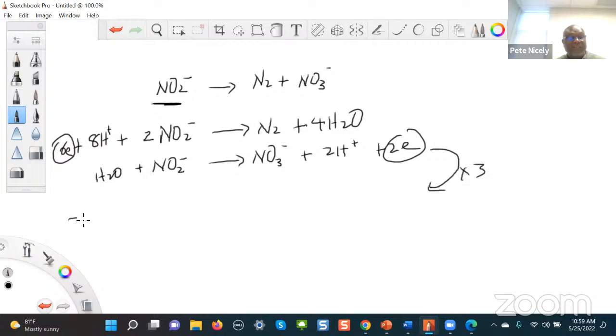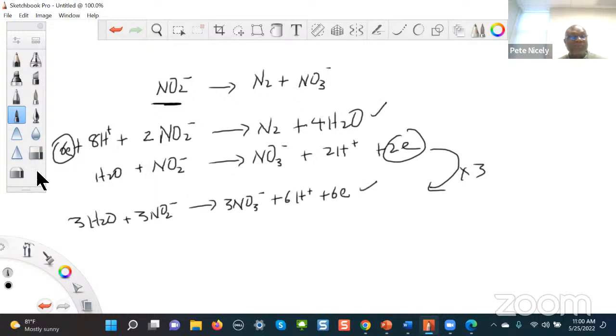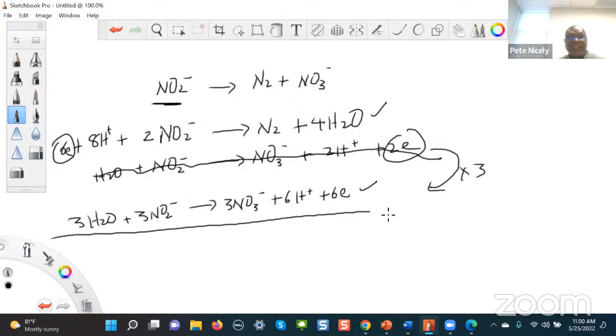So I'm going to end up with 3 H2O plus 3 NO2 minus to give 3 NO3 minus plus 6 H plus plus 6 electrons, right? So basically, you're going to add this equation to this equation. To avoid confusion, I'm just going to put a line through this right here. And I'm just going to add these 2 equations together, which would mean that this 6 electrons will cancel out